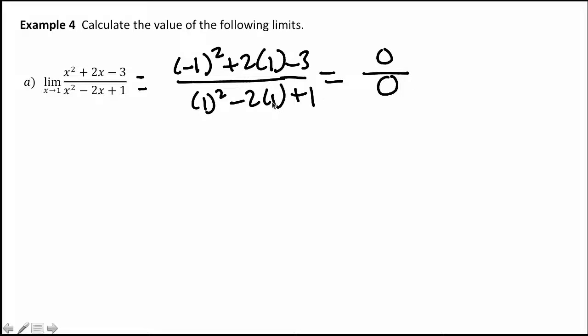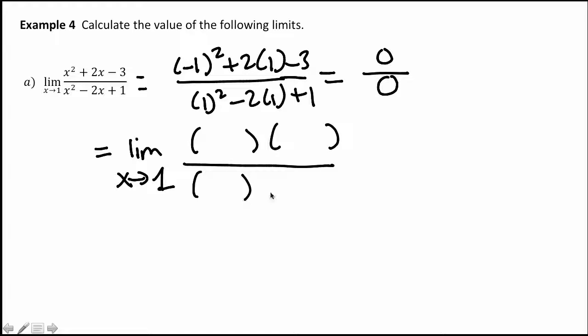So basically, we had to simplify this function as much as we can. Since the numerator and denominator are polynomials, a good bet is to try to factor them. So we're going to try to factor them here. These are both trinomials. So we're going to try to factor them. Factors of -3 that add up to 2,